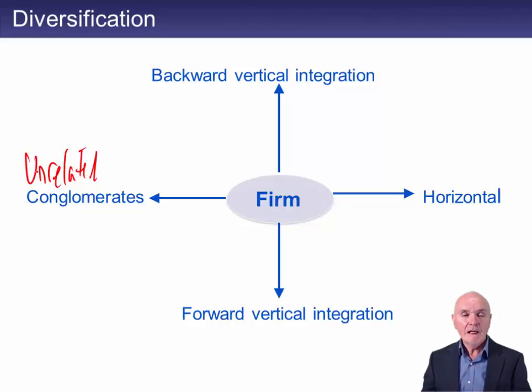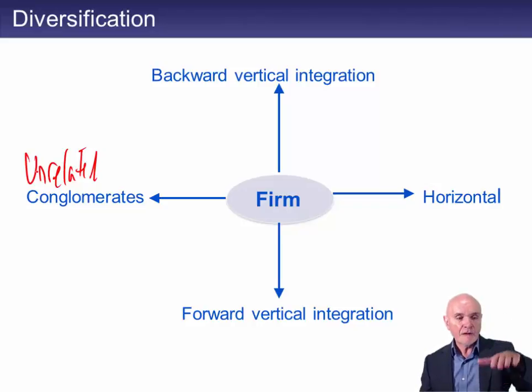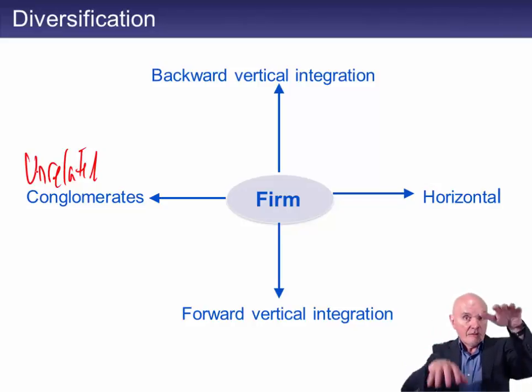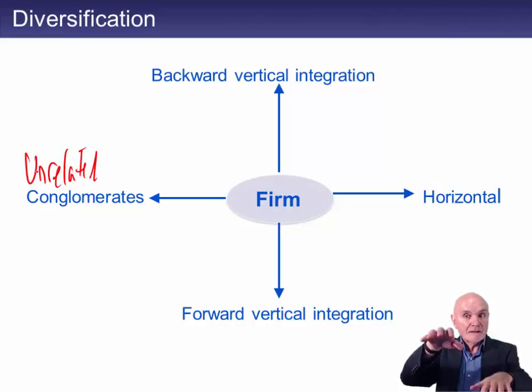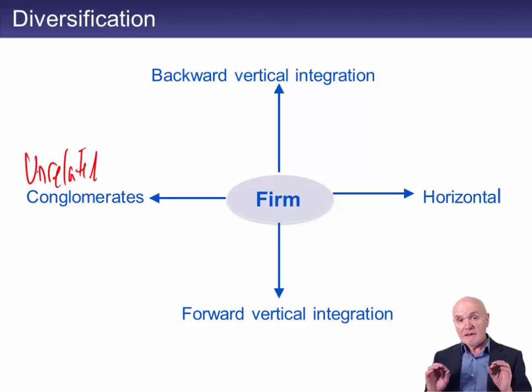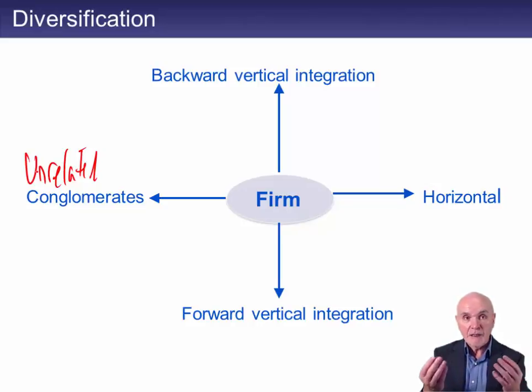Secondly, they might think, well, if we have one business which is going one way with the economy, and another business going the other way, counter to each other, then the good times in one will cancel out the bad times in the other, and vice versa. But that misses the point that you may remember from F9, that if you have listed companies, individual shareholders can arrange their portfolios as they wish. There is no need for a listed company itself to diversify. If I want shares in a supermarket and a house builder, I will arrange my shareholding to suit my preferences in those two businesses. So that doesn't really stack up either.